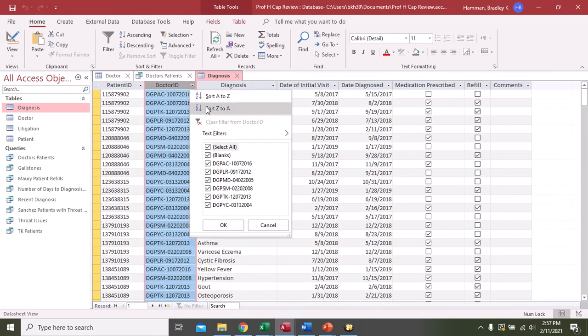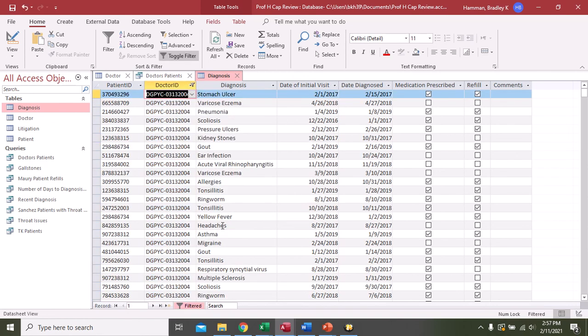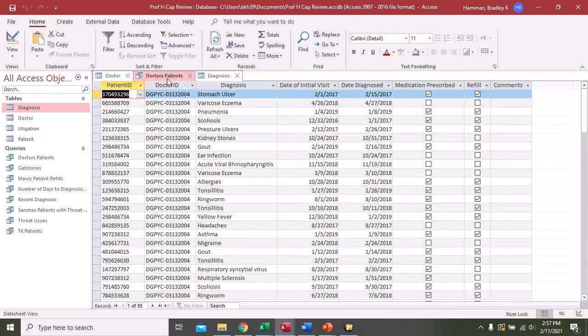I'm going to filter for everything that is not, only to show only Christina. There we go. She has 85 patients. All right. So we know that this is more than likely working as intended. Now,